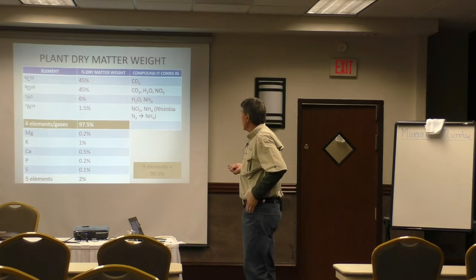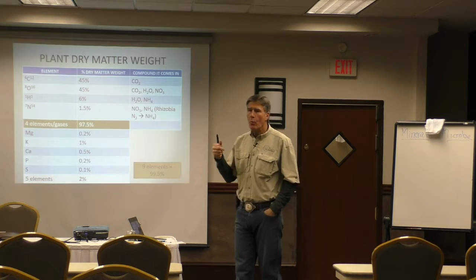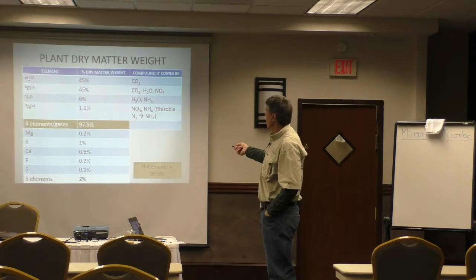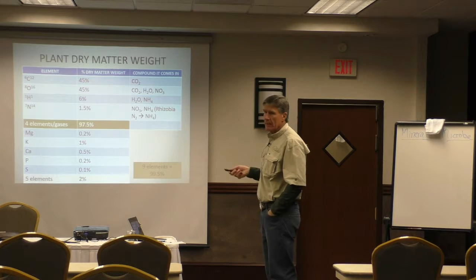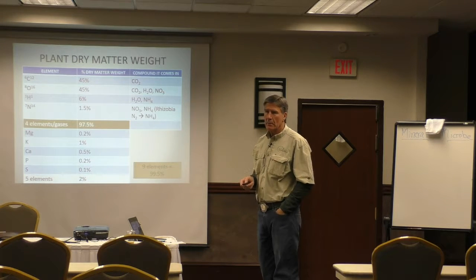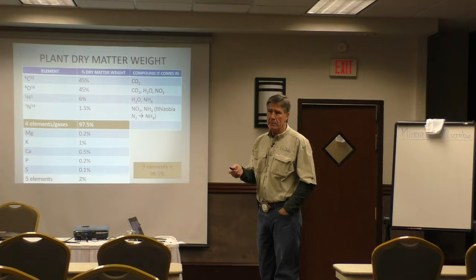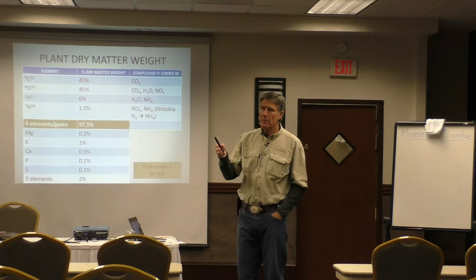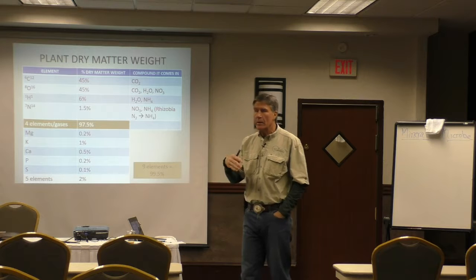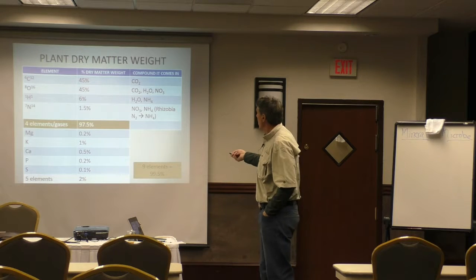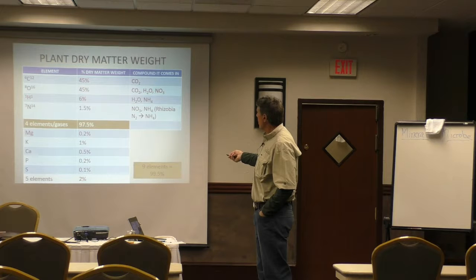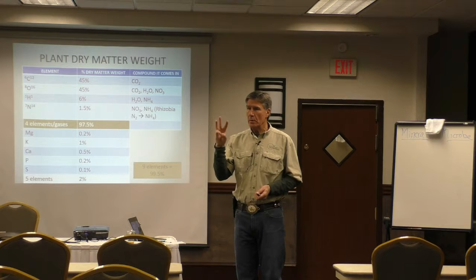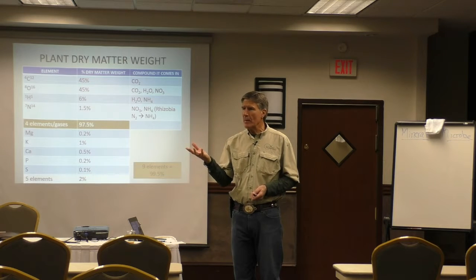When we take and analyze what minerals are in our plant, carbon is 45% of my plant's dry matter weight. Now carbon is the base of all your carbohydrates: your monosaccharides, disaccharides, sugars, pectins, hemicellulose, cellulose, and lignin. All your plant is carbon based. Oxygen is 45%, hydrogen is 6%. So just my three gases alone, I'm at 96% of my plant's